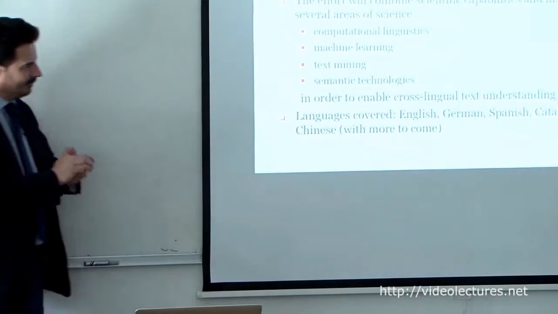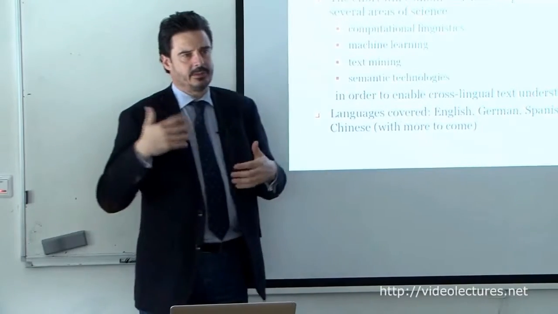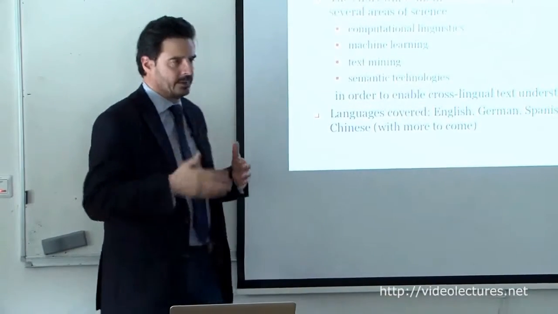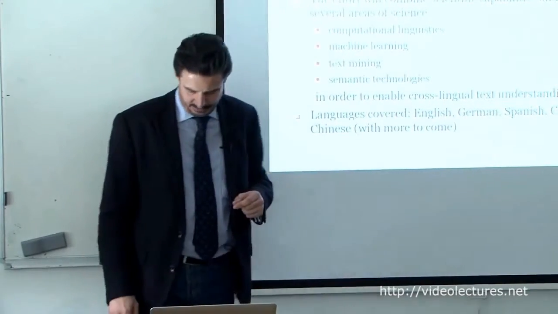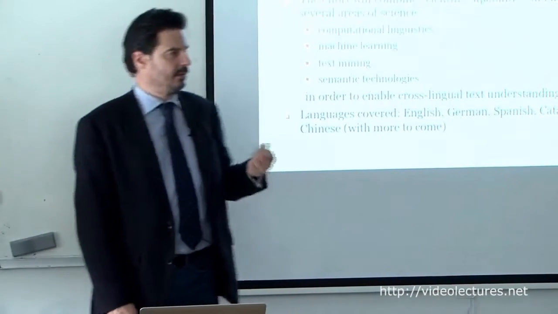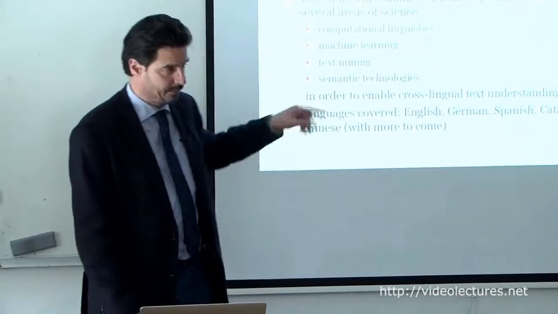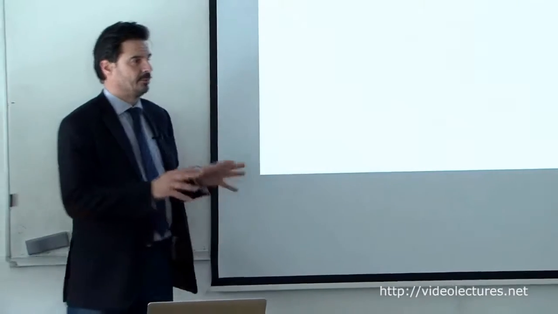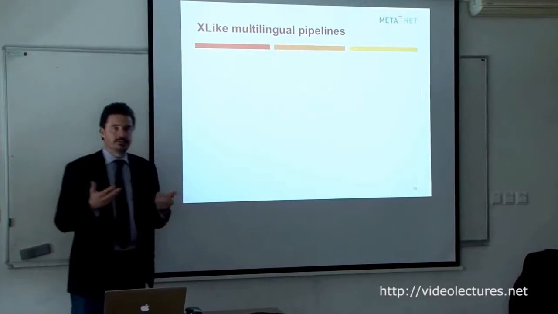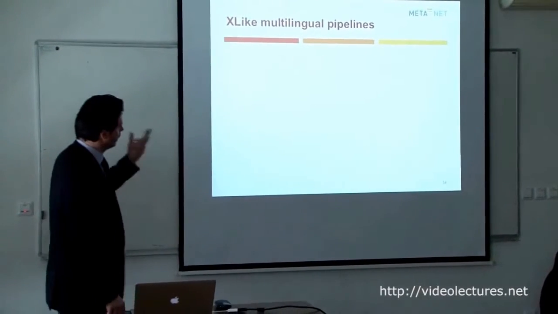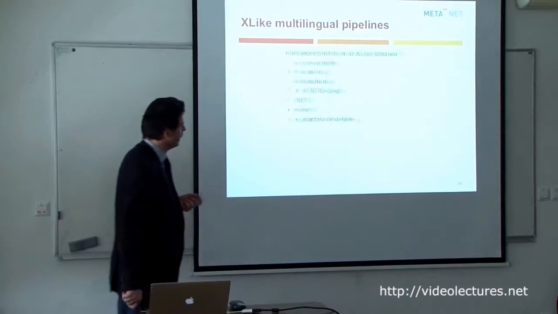start it again. These are the 6 XLike languages, and aside from these 6, there has been development for more languages to be included in this system, like Hindi, by an associated partner, and even we in Zagreb are building a similar thing for Croatian. So as soon as the project ends, we'll probably have the whole set of tools also available for Croatian. What I would like to show you today is what has been built in the first year of the project, so that means in the last year. It's a multilingual pipeline.